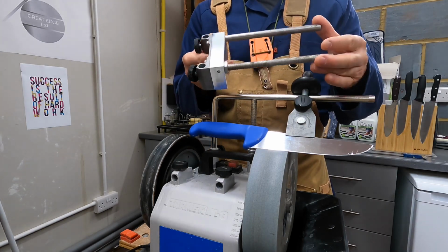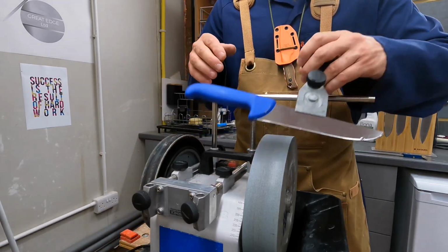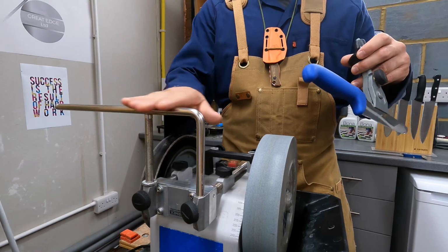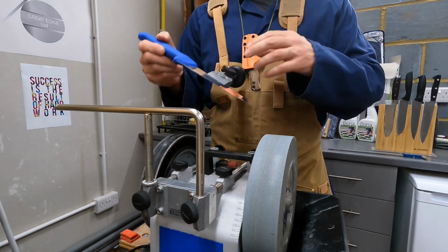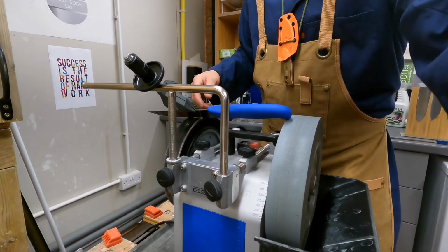Other suppliers have different names, and in fact, all it really does is create a platform for, if I take this away and flip this over here, all it really does is create the same sort of high-level orientation of the universal support bar for when you're honing. If the camera can pick that up properly,